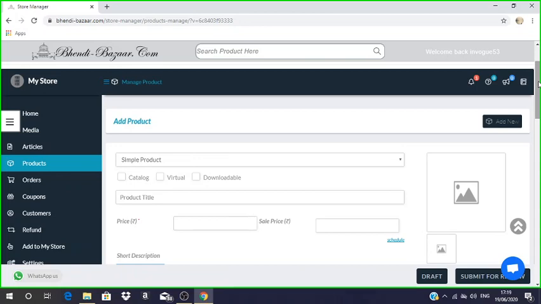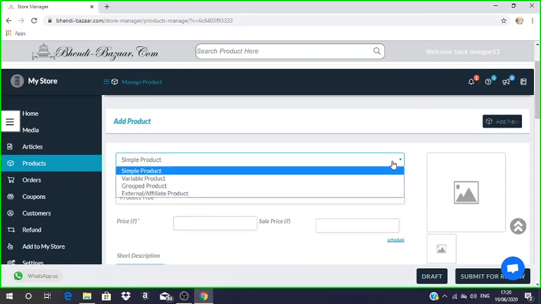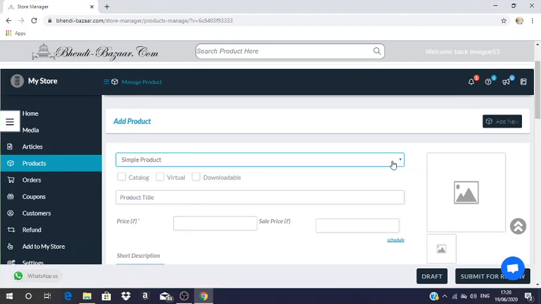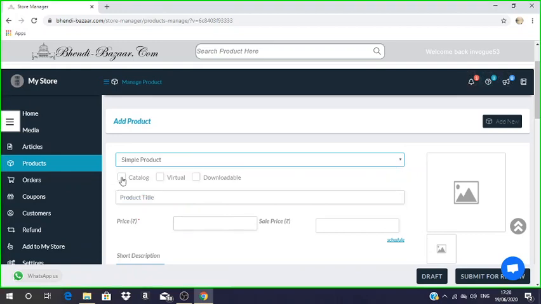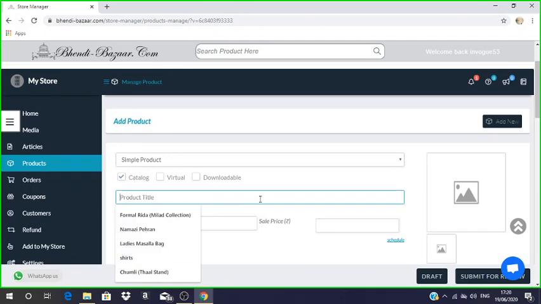Normally, whatever your product is, let's assume that right now your product is a simple product. It's a single gown which you want to sell. We will say it's a simple product. You have choices here saying variable product or grouped product. Variable product is when you have attributes such as colors or sizes. Right now we'll say simple product. We'll say catalog, and the title of the product, let's say